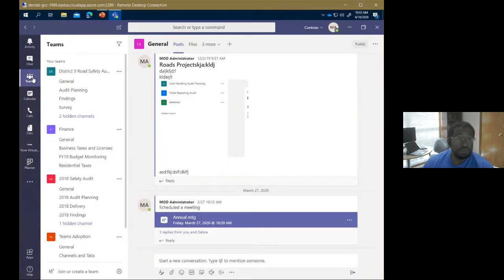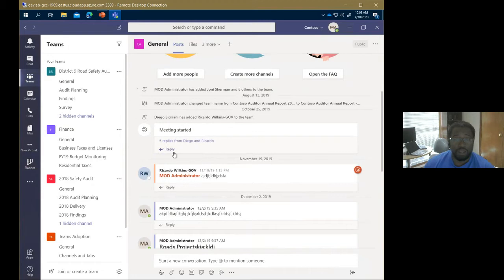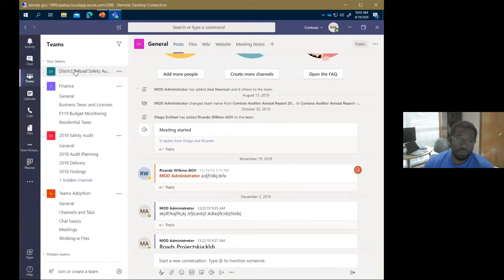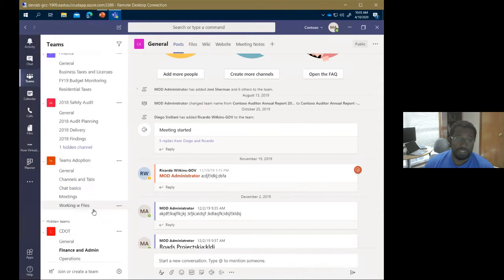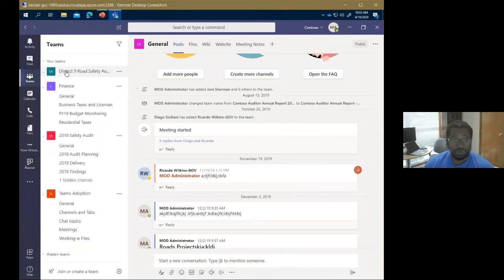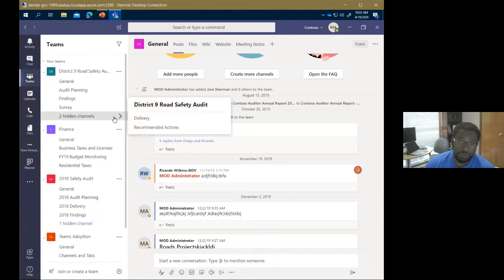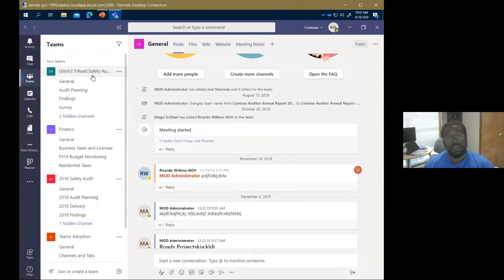The Teams button is another one where you'll probably sit often, because this is where your teams are listed, both the ones that you like to show or favorite, as well as even the hidden teams that you decide not to show, just to keep your view clean. And in each team are the channels, and you can hide and show those as well, again to help manage your notifications and to keep things clean.